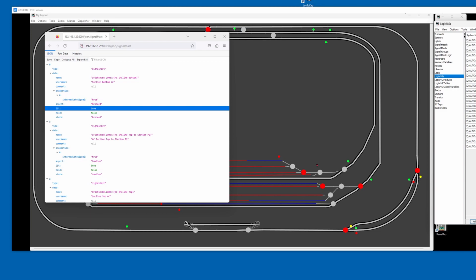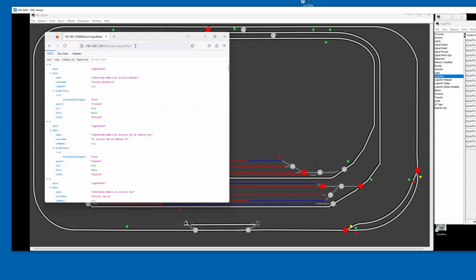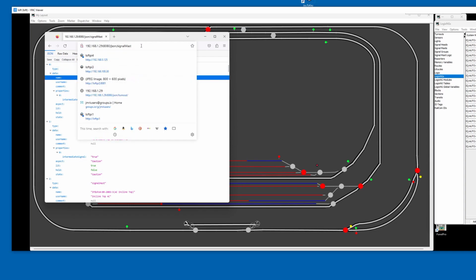Now we've determined that, and we've got our signal mast, and we've got our block that the train is currently in. It's just a case of determining what the state of that signal mast currently is, and to get that we go straight back to the JSON server and we query for, notice the capital M, that caught me out for a while, it is case sensitive. So we go to signal mast, capital M,